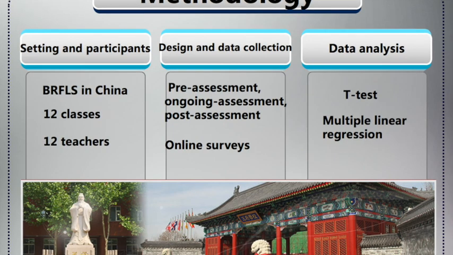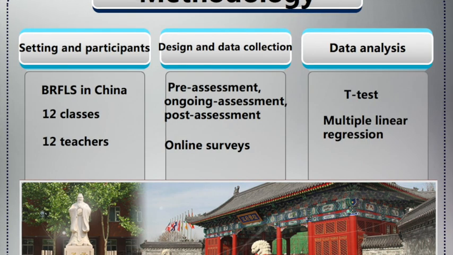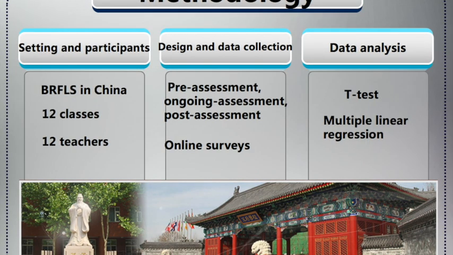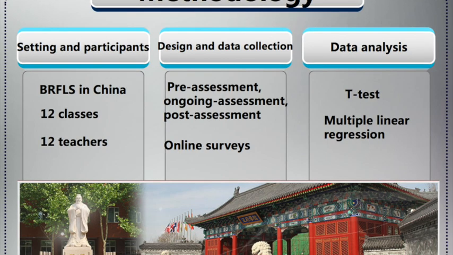Accordingly, the 12 math teachers will also be required to do an online survey, which will include many multiple choice questions on the students' behavior, performance, and participation in the math classroom.